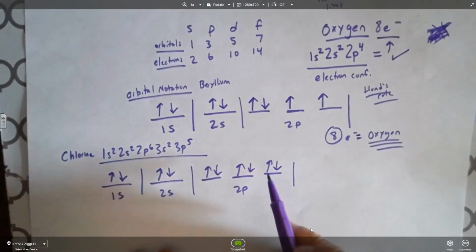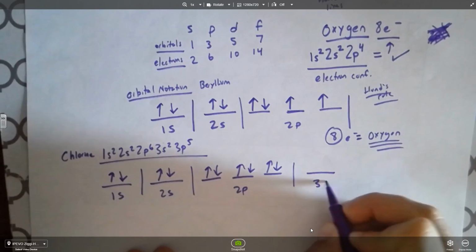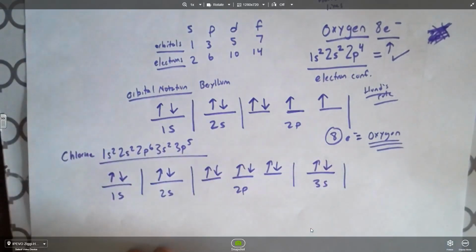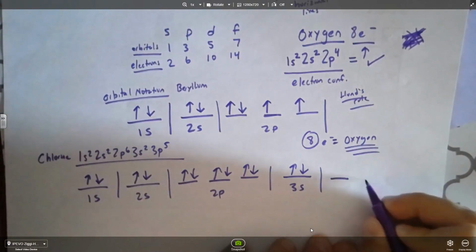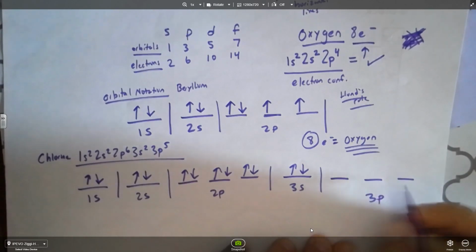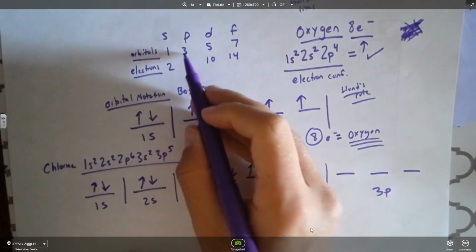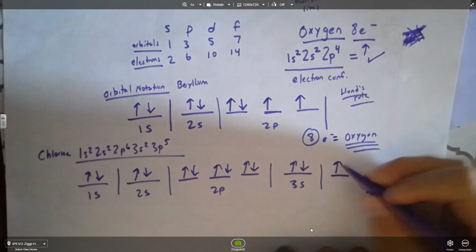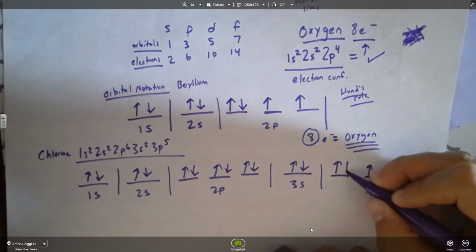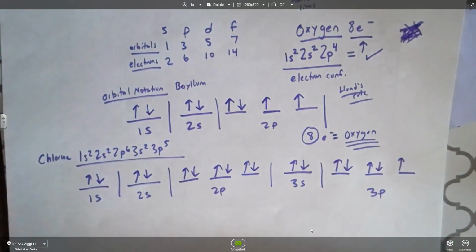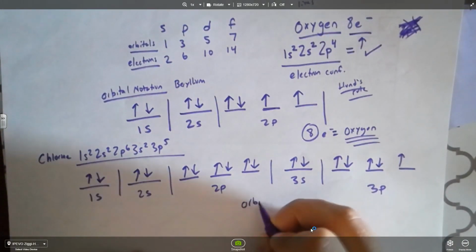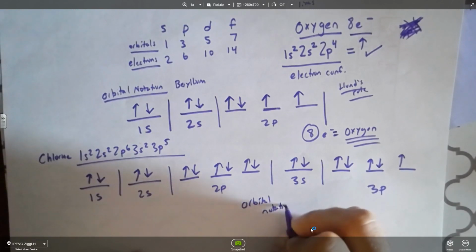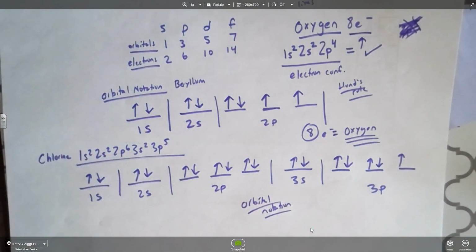Okay. After 2p comes 3s. s has 1 orbital. We have to fill it up because we need to go past 3s. We need to go to 3p5. So 3p, 1, 2, 3. There are 3 orbitals, not because of that 3, but because p has 3 orbitals, every p. 2p, 3p, 4p, whatever has 3 orbitals. We need to show 5 electrons here. So we go up, up, up, down, down. Okay, so this is the orbital notation for chlorine. Okay, so hopefully this